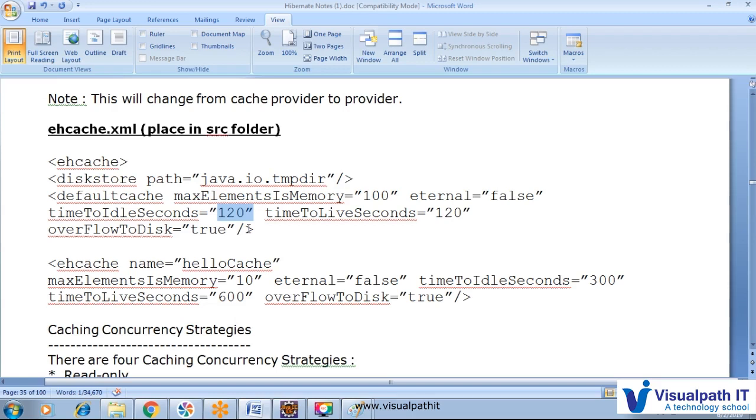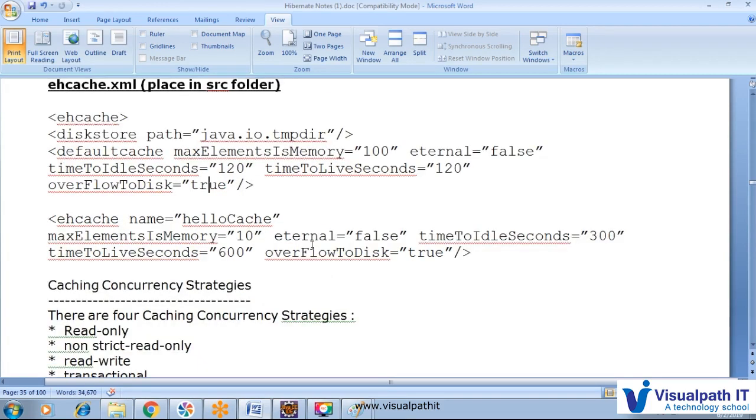So for 120 seconds that particular object lives, and whenever we want it, we will get that object from the cache only. It will not contact the database. Once the time is completed, it will go and contact the particular database. So timeToLiveSeconds is 120 also. There is timeToIdleSeconds and timeToLiveSeconds. Then overflowToDisk true: once it overflows, it will be deleted automatically.